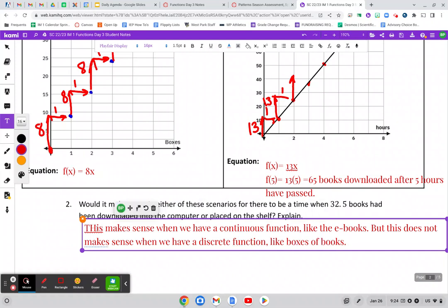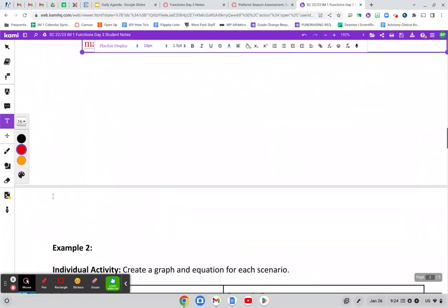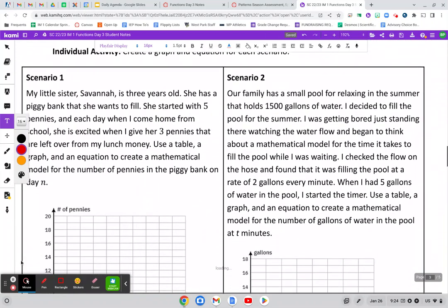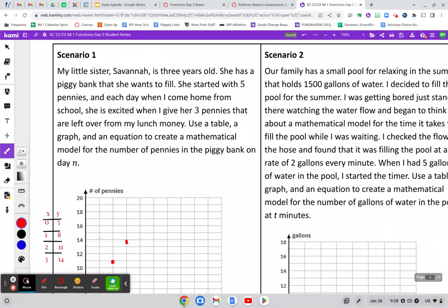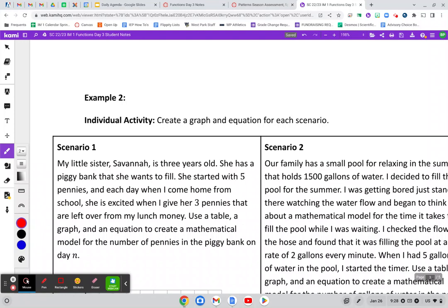Again, please pause this, okay? Consider kind of what you've been doing so far. And before you go down and look at what I've got here for example 2, give it a try on your own and then cross-check it. All righty? All right, now thinking about our little sister Savannah